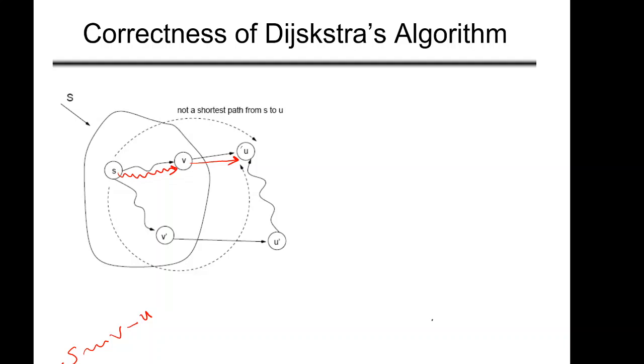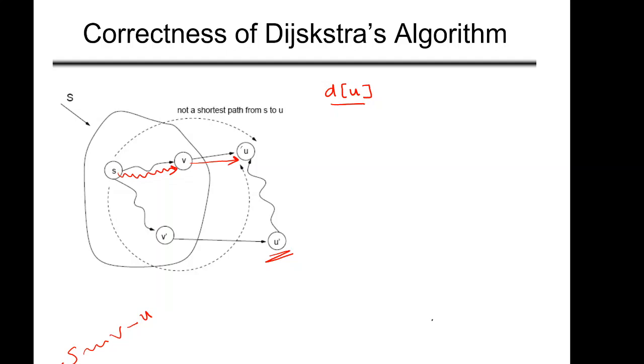Now let's suppose this is not true. This is not the shortest path. So d[u] is something which the algorithm has identified, but let's suppose this is not true. There is some other node, and from that vertex there is a shortest path to u. Let's assume that vertex is u dash. Note here that u dash does not belong to S, right? Because as far as our algorithm is concerned, we have already relaxed the edges.